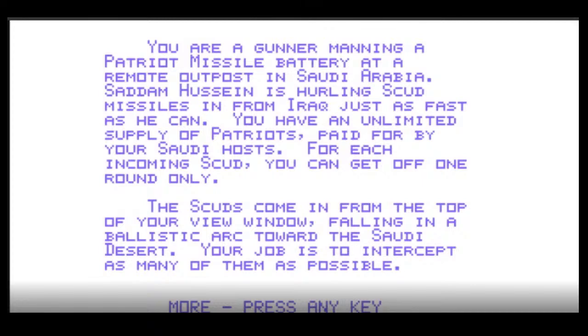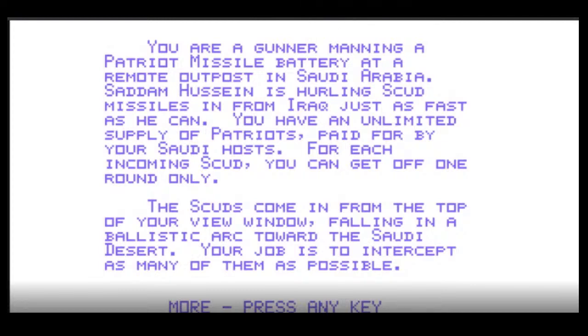So you're manning a Patriot missile battery at a remote outpost in Saudi Arabia. Saddam Hussein is hurling Scud missiles in from Iraq just as fast as he can. You have an unlimited supply of Patriots, paid for by your Saudi hosts. For each coming Scud, you can get off one round only.